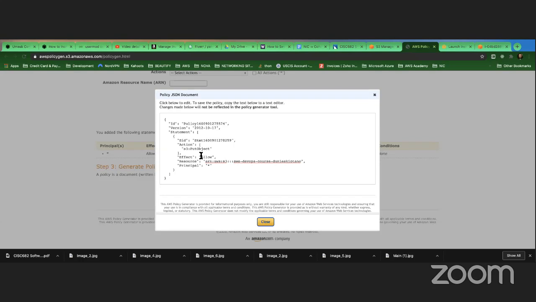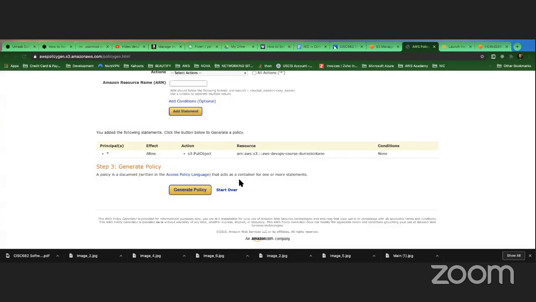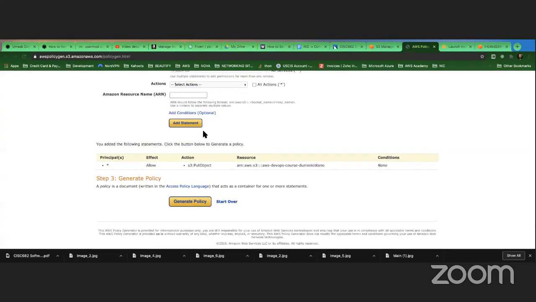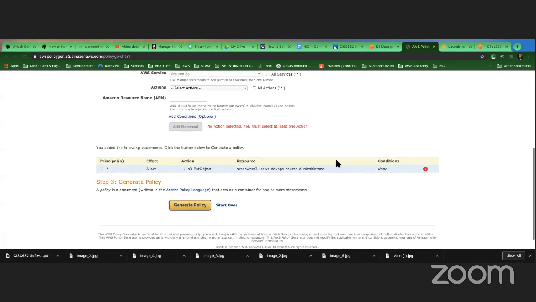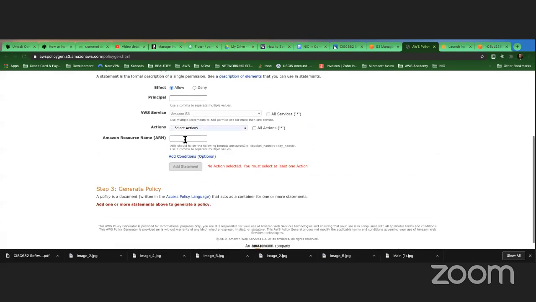I don't see it. I don't think I added the condition. I didn't add the condition. So let me delete that again, real quick. Let me put it again.